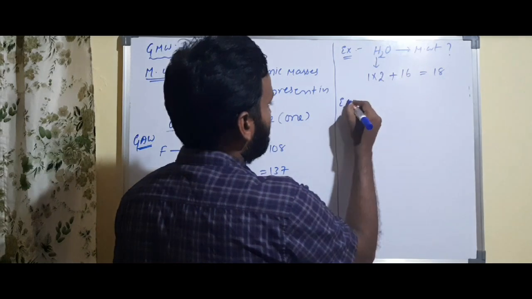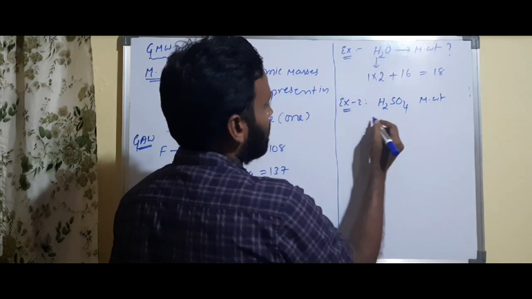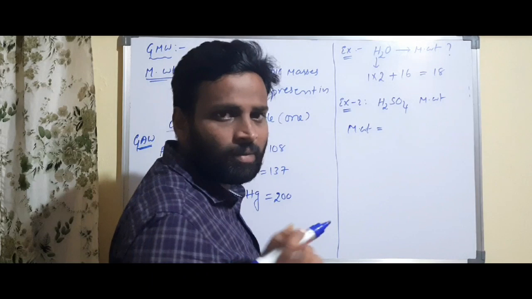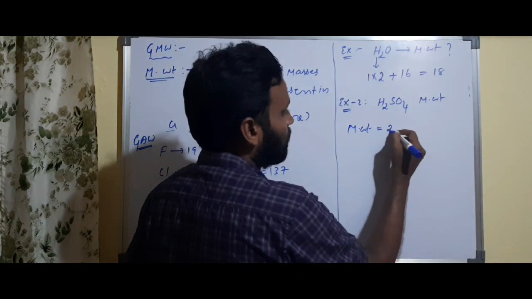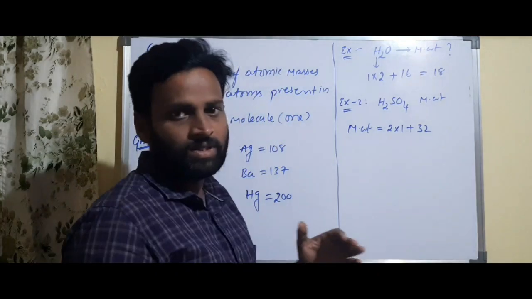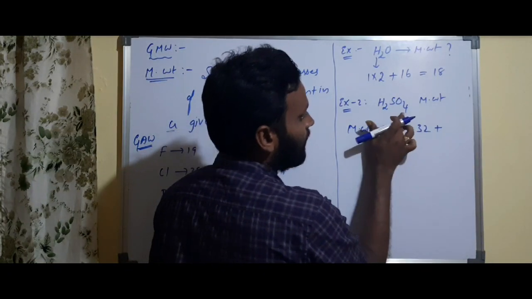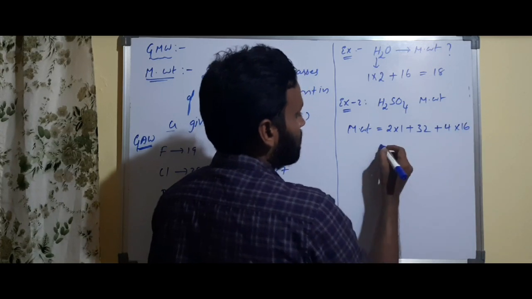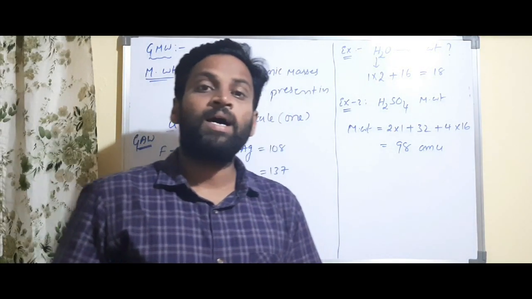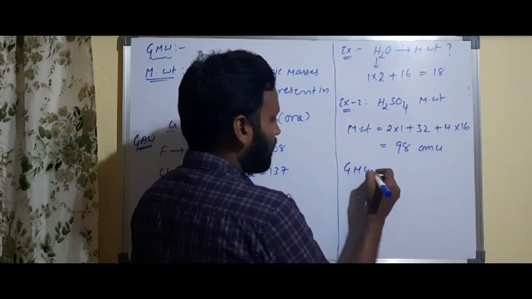Next example, sulfuric acid, H2SO4 molecular weight. Consider how many atoms there are and multiply them with their atomic weights. So 2 hydrogens, 2 into 1, plus the sulfur atomic weight, 32. You must remember atomic weights up to 30 elements. And oxygen is 16, but there are 4 oxygens, so 4 into 16. So the total is 98 AMU, atomic mass unit, that is the molecular weight. Same thing, gram molecular weight of